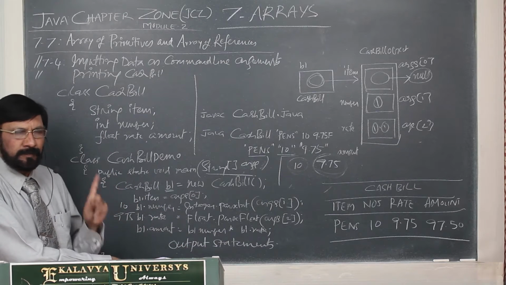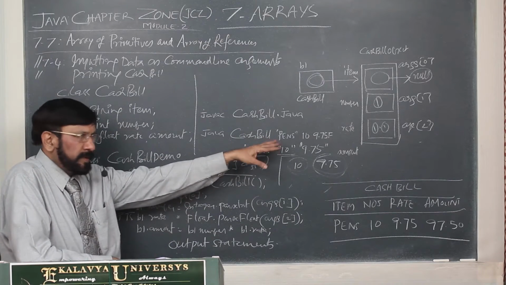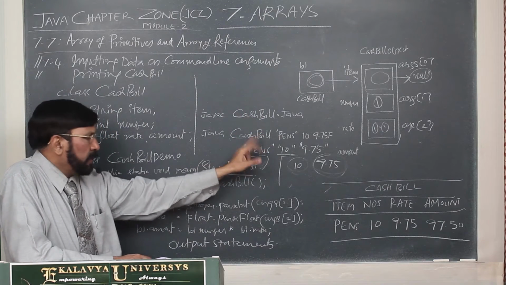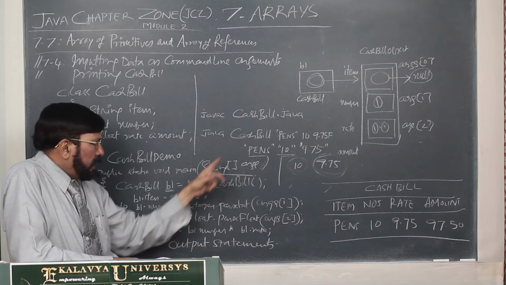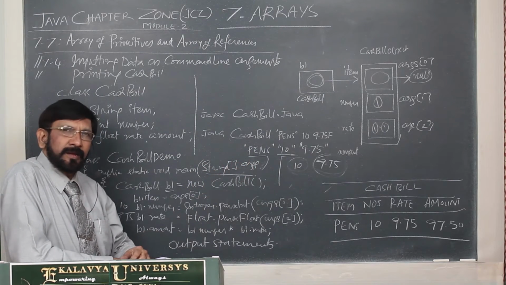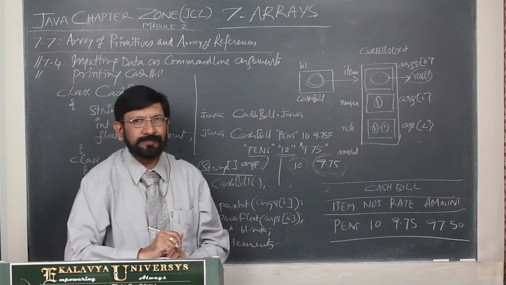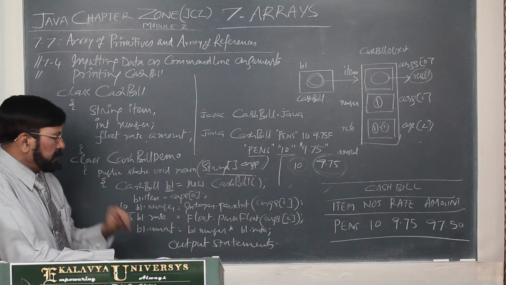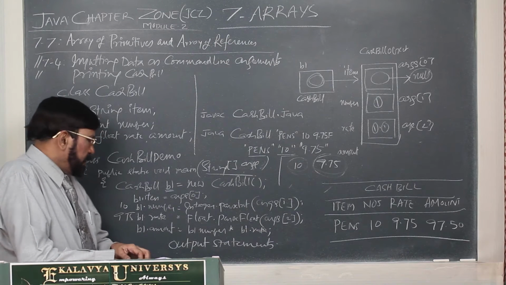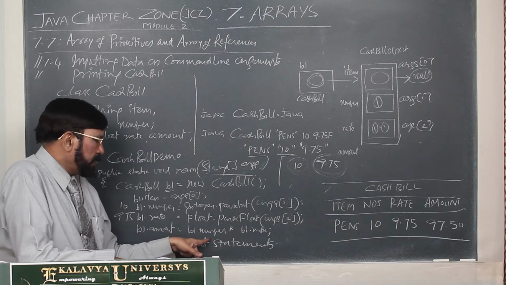So one very important and common point is this: we can give n number of input values at the time of interpretation through the command line, and these are taken by the String args, but whatever type of value you give, that is transformed into a string. That's why if we have to perform any operation, the corresponding parsing method you have to use, then you can retrieve the original value, and only then you can perform operations.